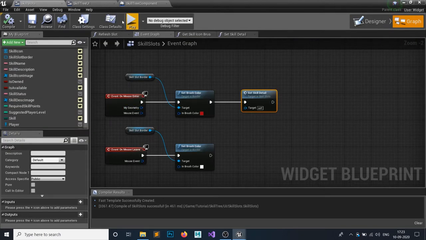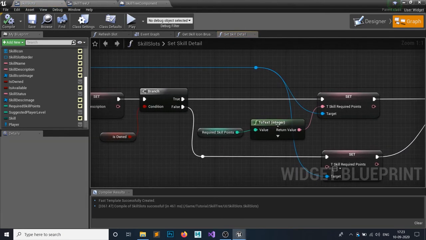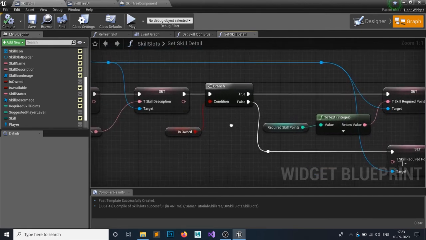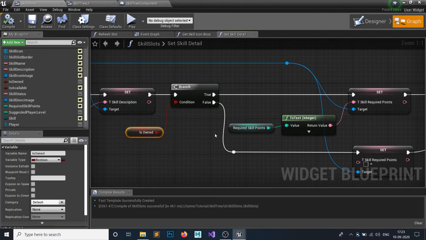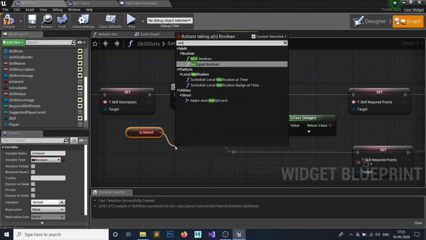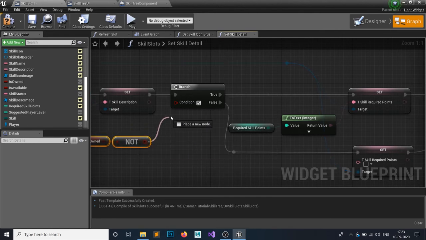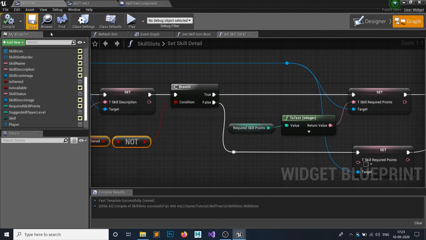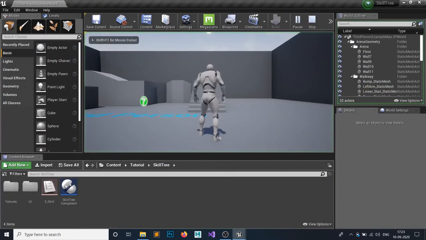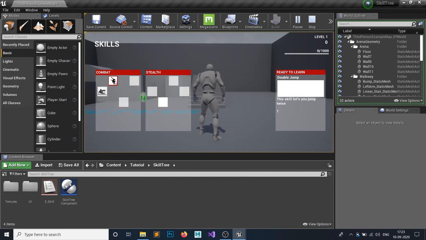And inside this we have the skill details. Okay, so it's owned, we have just a small mistake. If it's owned, not is true, not boolean, sorry, pardon. So if our skill is not owned, then we follow this part, otherwise the false part. So let's check this again. You can see we need 1 skill point, and 2 skill points. Yep.